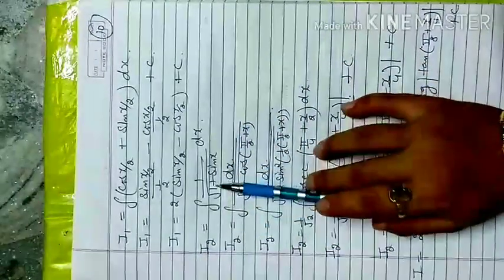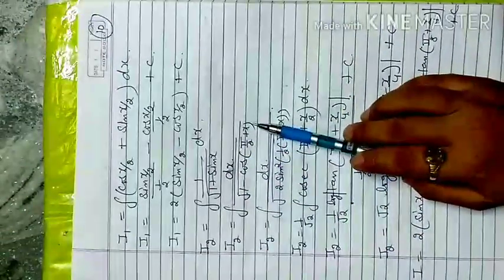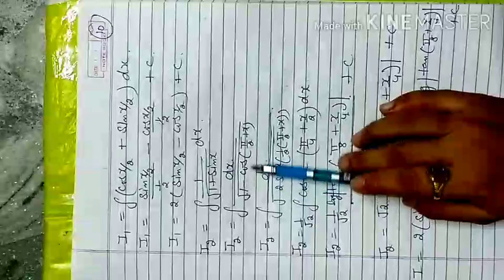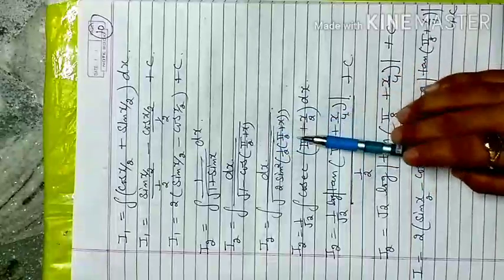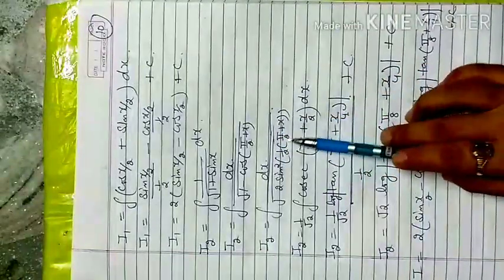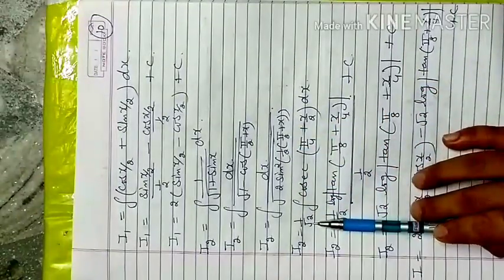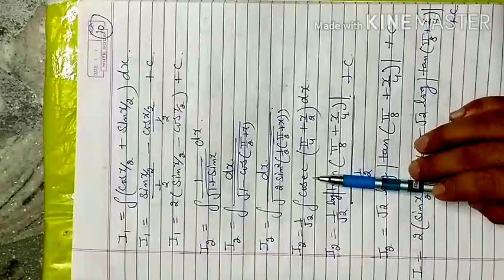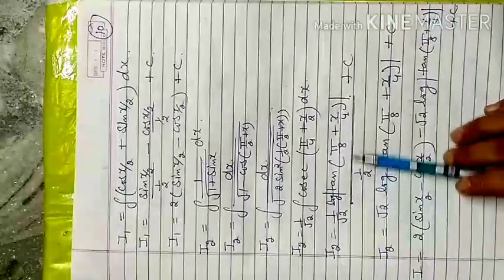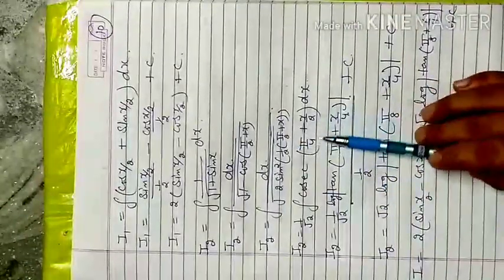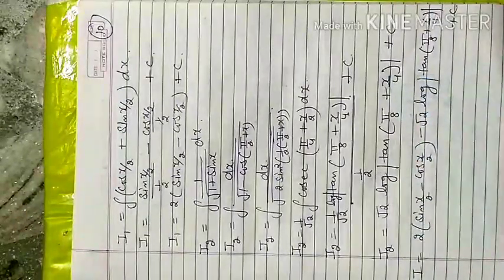Now go with I2. Here 1 plus sin x under the square root, sin x changes to cos of pi by 2 plus x. So here we apply the 1 minus cos x formula, which is 2 sin square x by 2. In place of x, this is pi by 2 plus x, and divide by 2, that gives me pi by 4 plus x by 2, and the square root will be cancelled. 1 by root 2 is outside, and 1 by sin changes to cosecant of pi by 4 plus x by 2, and cosecant integration is log tan x by 2, and differentiation of pi by 4 plus x by 2 in the denominator gives me 1 by 2. So that is my required answer.